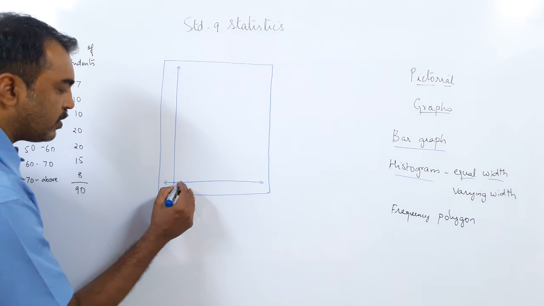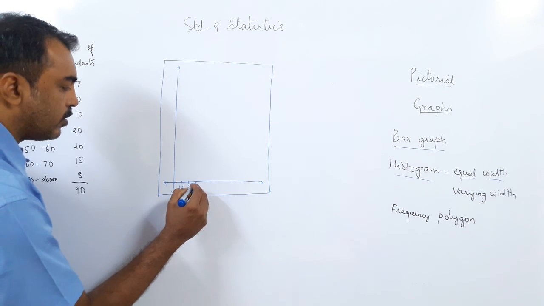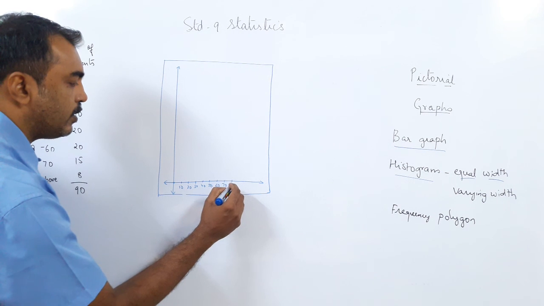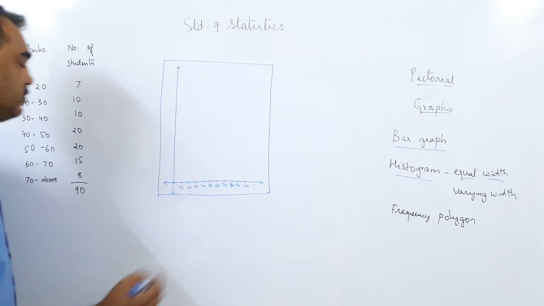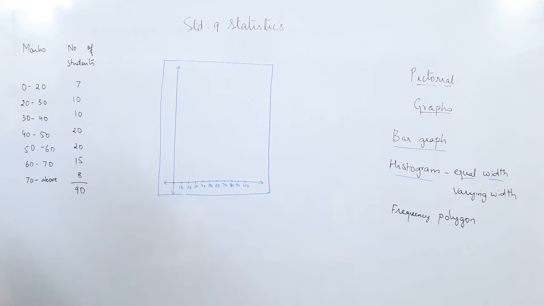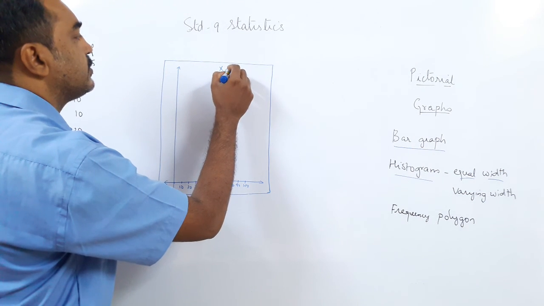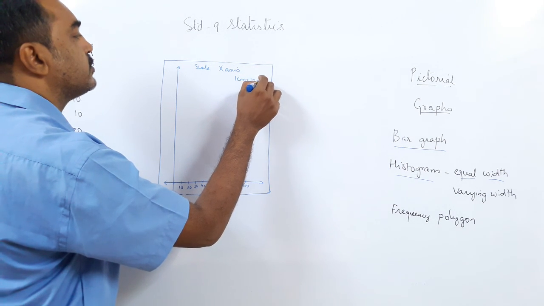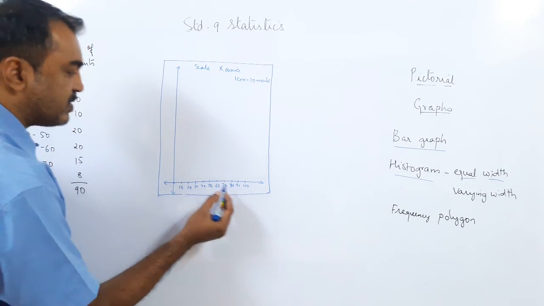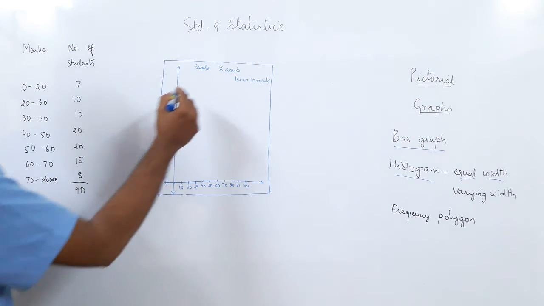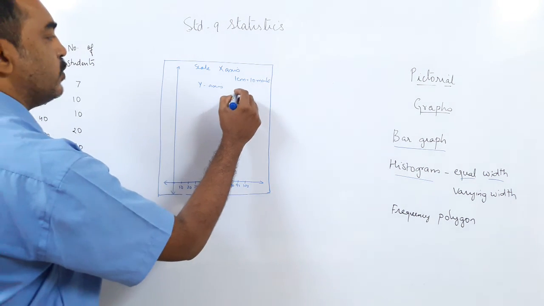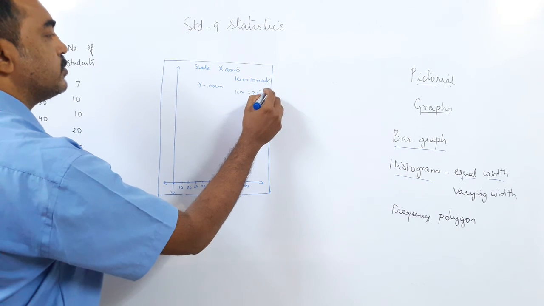So we got 0, 10, 20, 30, 40, 50, 60, 70, 80, 90, 100. It is a 100 marks test. Because we started from 0, the kink is not needed. On the x-axis, the scale is 1 centimeter equal to 10 marks. You see 1 centimeter now represents 10 marks, continuous data. And on the y-axis, we have 20 maximum. So 1 centimeter equal to 2 students.